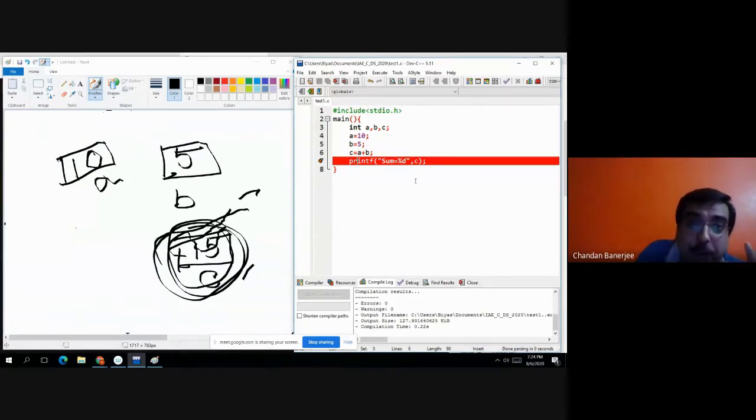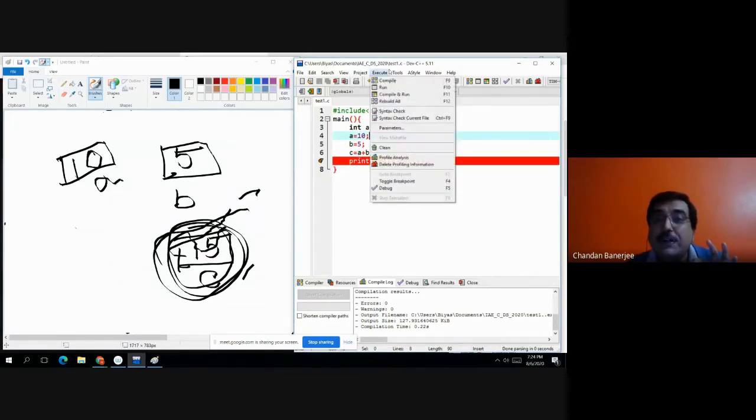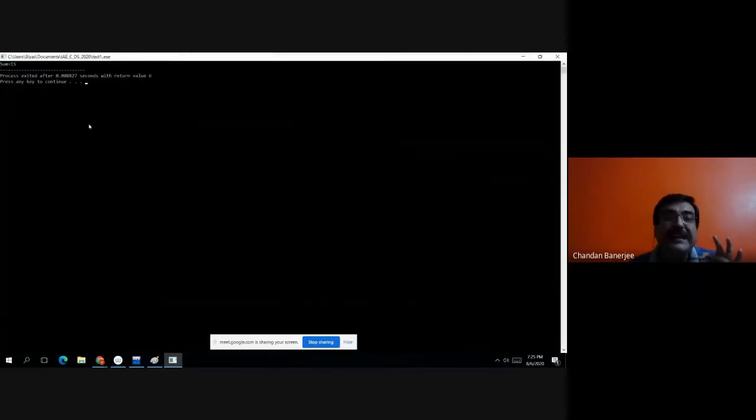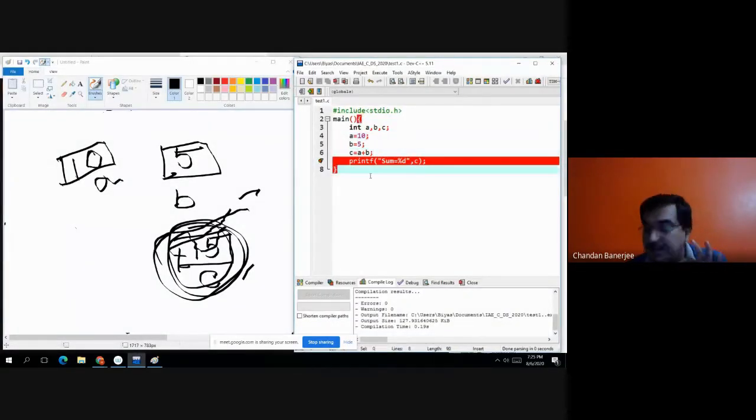The car is ready, but you have to sell it. Profit, the profit, when will it display on the monitor? So display will be printf C. It will show the result on the monitor. Look, sum equals C. It indicates it's an output. That means the job is done. Whenever we sell the car, now we are earning the profit.